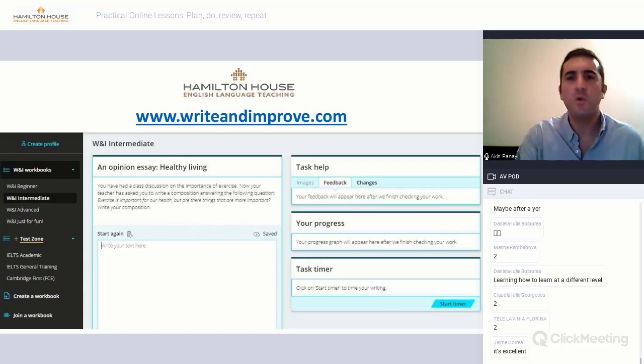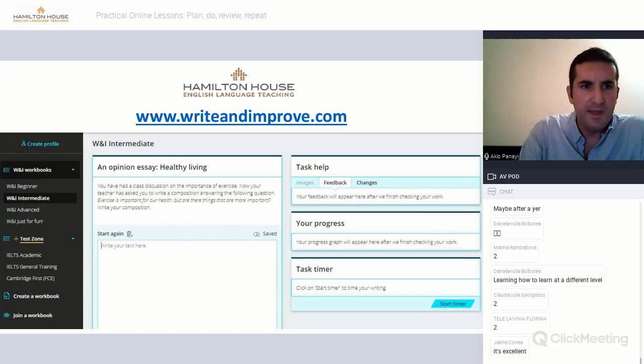You can create a workbook for your classroom. And what you can do is this. You choose your class level on your left-hand side. You can see the different levels: beginner, intermediate, advanced. If you do IELTS, there is the IELTS Academic, IELTS General Training. If you do Cambridge exams, you can pick this specific Cambridge exam that your students are taking, and it will give you a task like this one